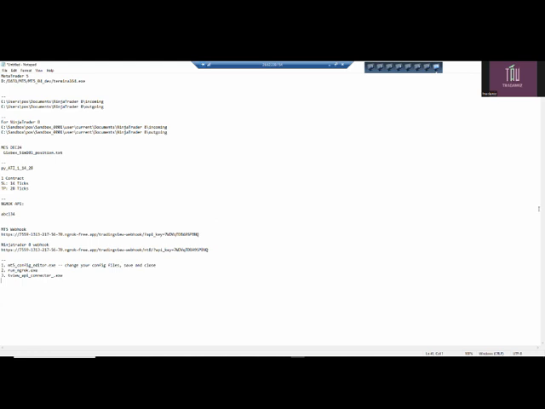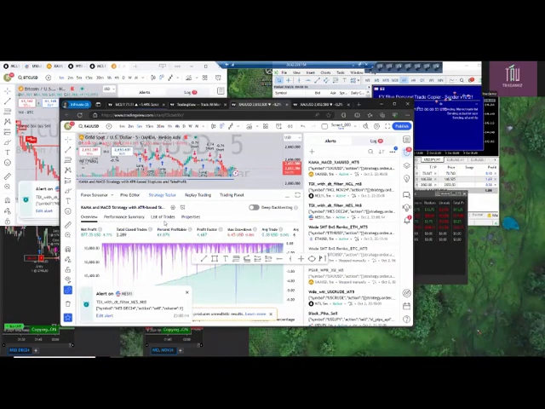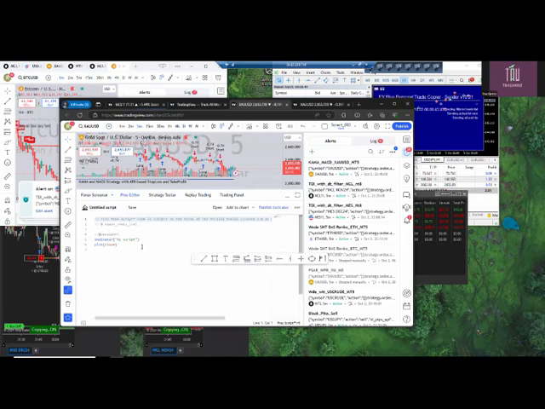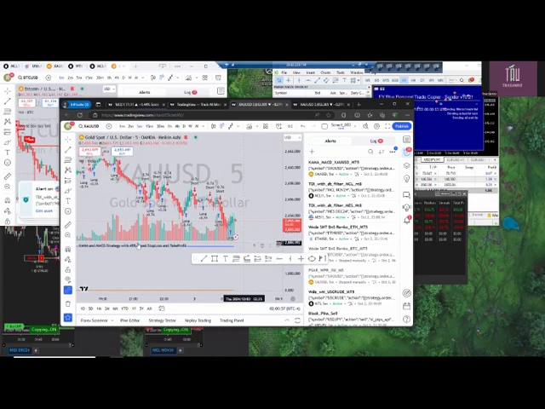So now that you have this setting, I'll show you an example of how to configure a webhook. So, for example, this is the chart. You set up your chart, set it to 5 minutes for this example, and in the pre-defined code, you will paste it here and then you save it. So once it's saved, you will click add to chart, or for this example, I'll show you how to add it. I'll save the setting.